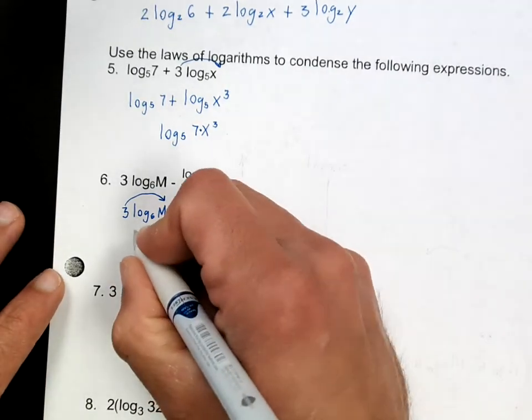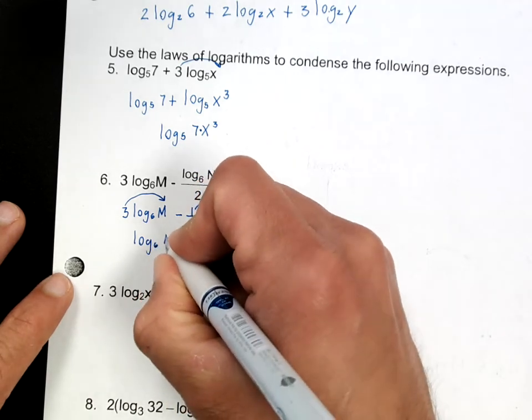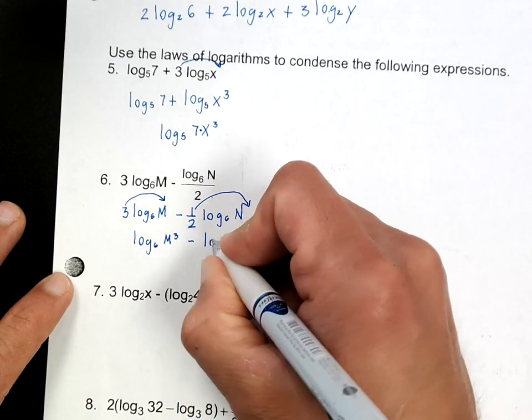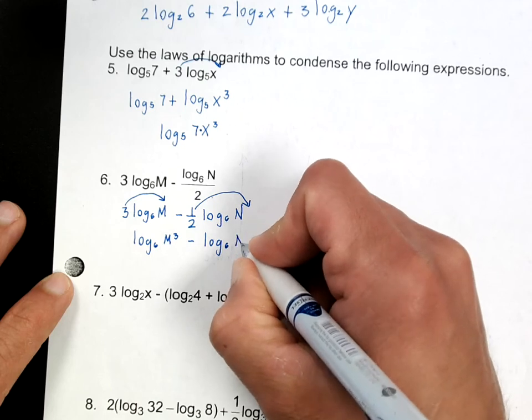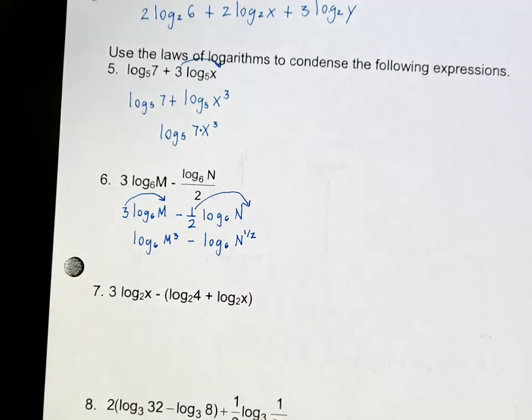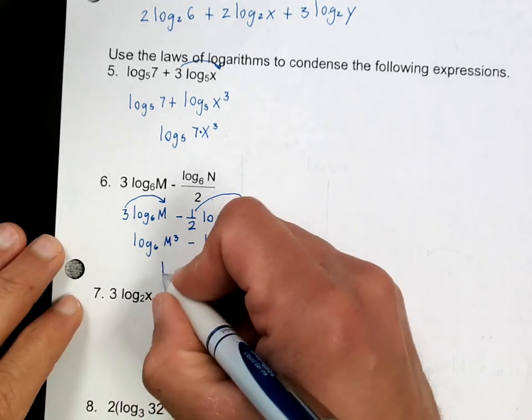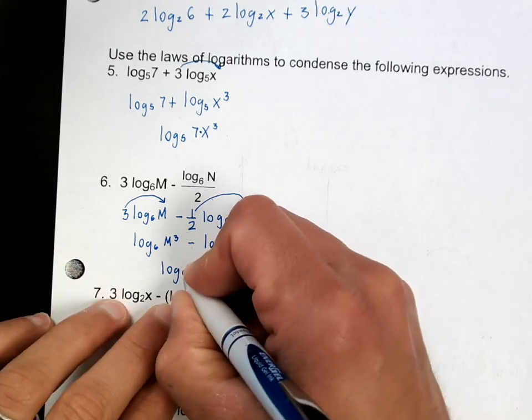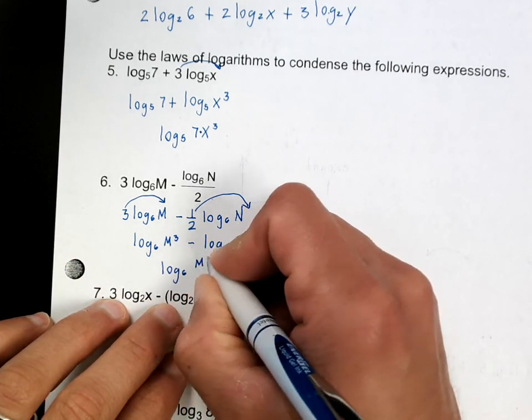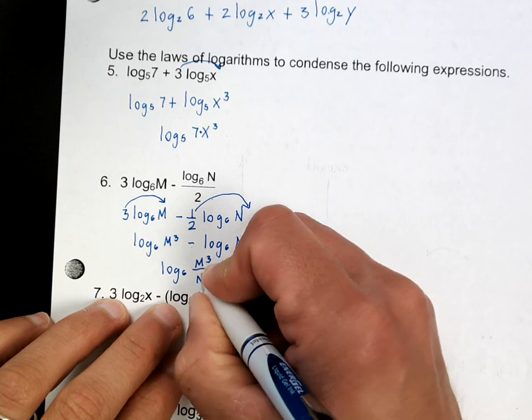All right, so this would be log base 6 of m cubed minus log base 6 of n to the 1/2. And again, please note that those rules are only going to work if these 2 logarithms are the same. By that I mean base 6, this is base 6. Does that make sense? So now that I have that, remember, if I subtract, then I can actually divide those 2. So this would be log base 6 of m cubed over n to the 1/2 power,